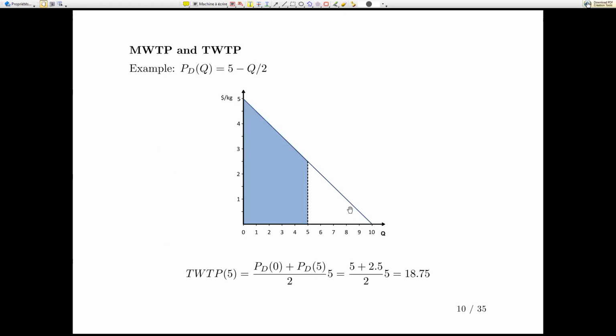If we're going to add curves together, we don't add them vertically, we add them horizontally, because we add quantities together. What we're asking is, for instance, if the market price is, I don't know, 5, how much would all the consumers on the market be willing to buy as a whole? So you add,